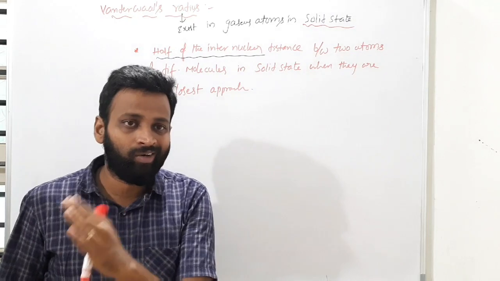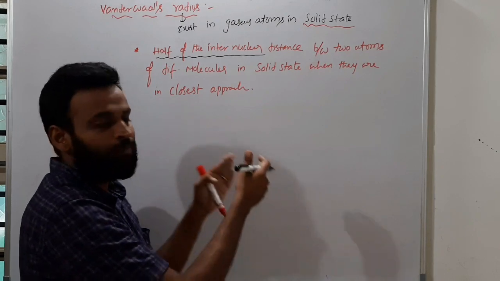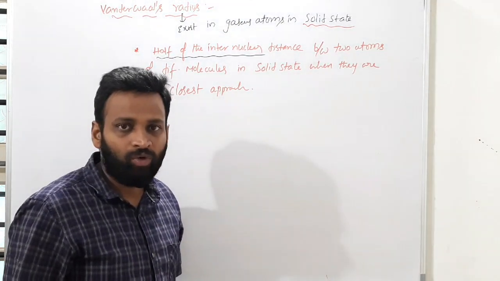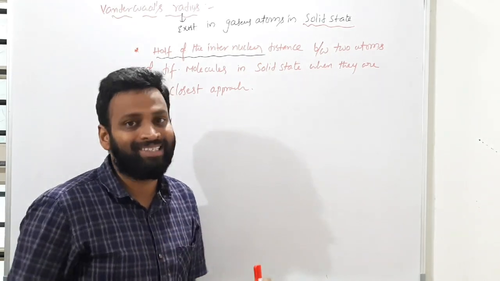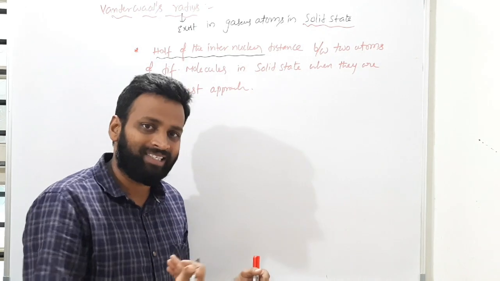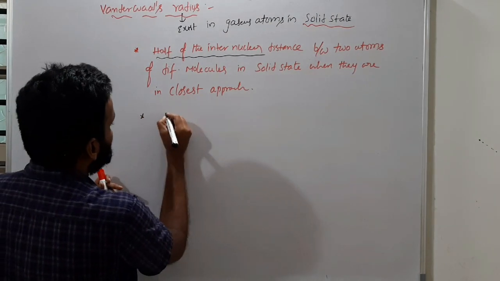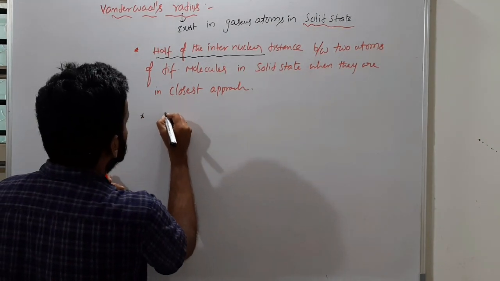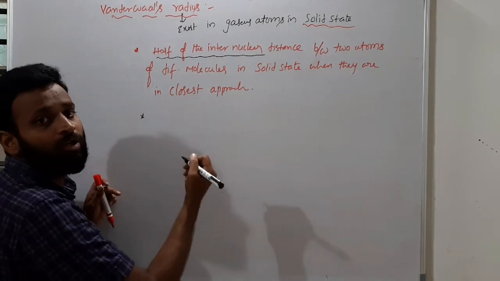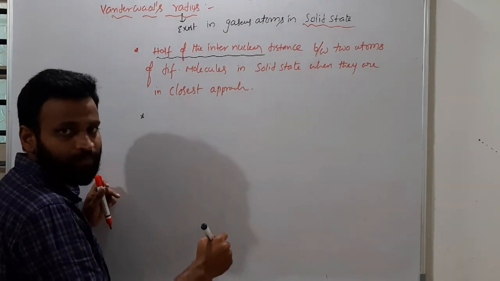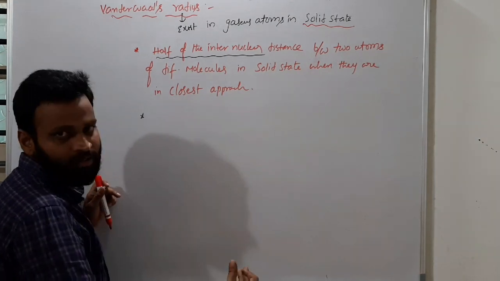Different molecules means not one chlorine and one fluorine, not like that. It means two chlorine molecules or two fluorine molecules or two noble gases. Noble gases also have Van der Waals radius, because noble gases exist in gaseous state, as the name inert gases says. So this Van der Waals radius exists in gaseous atoms or gaseous molecules in solid state. Understood? Actually their nature is gases, but we are compressing them into solids. That is the meaning.